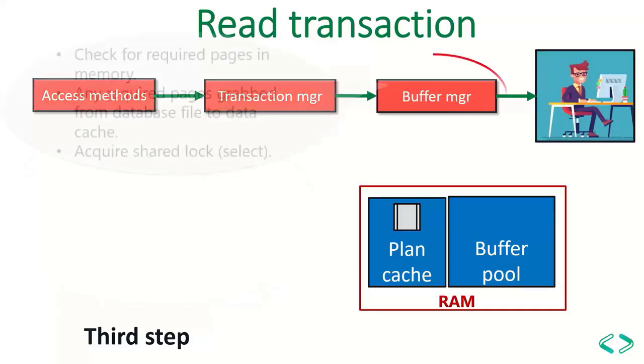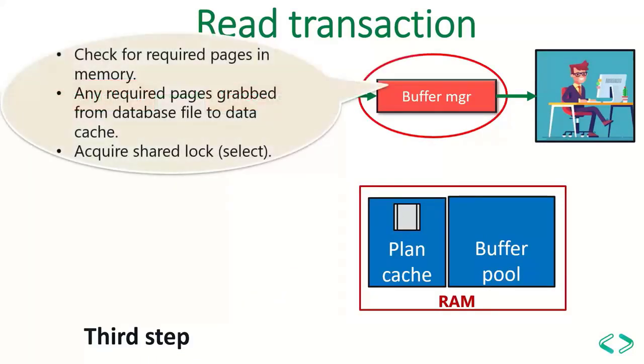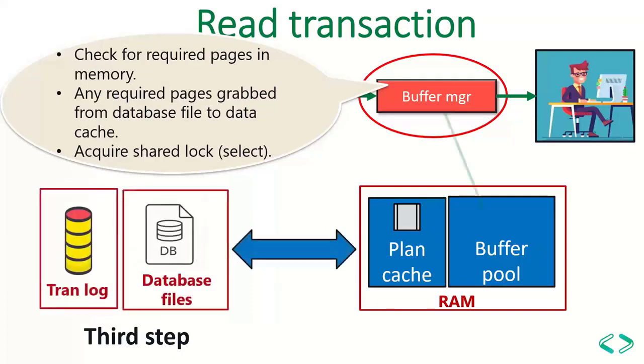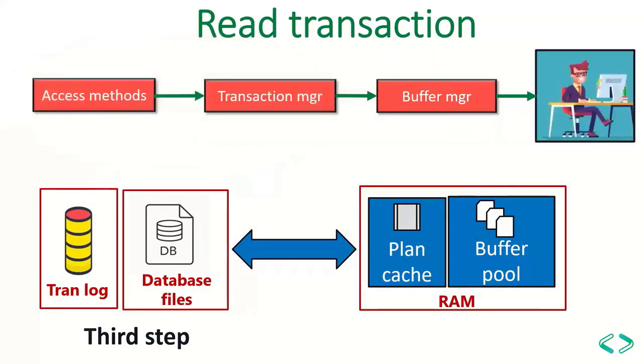Now, once the query has reached the buffer manager, it will first put the shared lock on the resources it needs to process the query. And then it will grab those pages from the buffer pool. It will check if all those pages are already inside the buffer pool. If it didn't find some of them or all of them, it will grab those pages in the form of 8 KB pages from the database file system, put them in the buffer pool, do the operation over there, and send the results to the user. That's how the read transaction works.